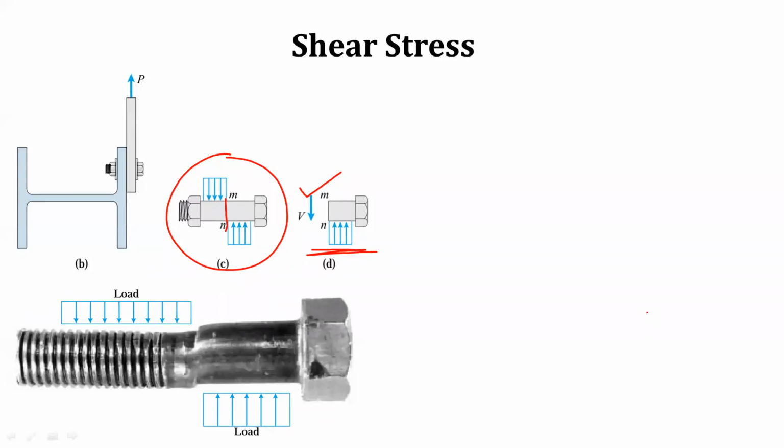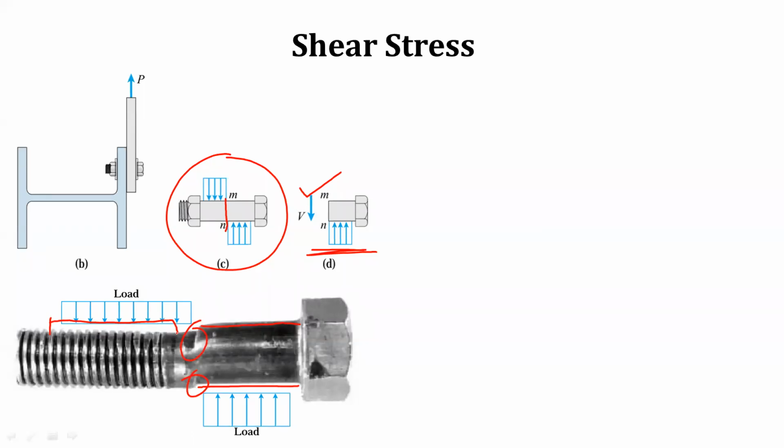acting like the load this way, after some time passes, you will see the wearing and tearing condition of the bolt. See here, practically you are seeing the bolt is cutting this way because of this load, and here the bolt was in a collar. Here it was resting in the collar, and again here it was inserted in some part.